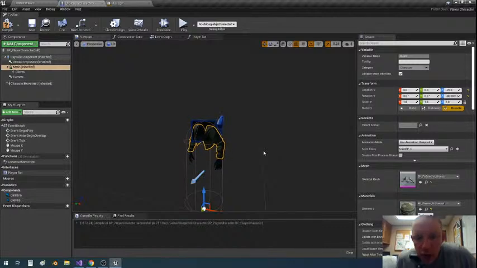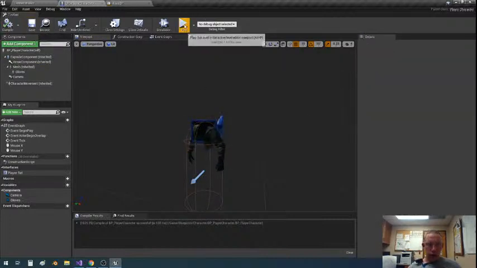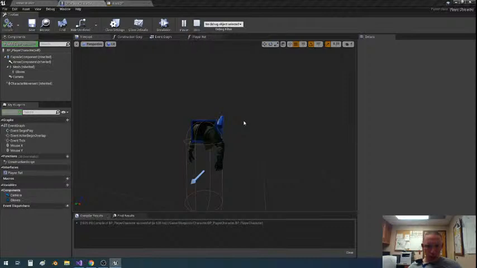I just had to get the right skeleton. Sorry. That can be confusing sometimes. There's 2 UE4 skeletons, and you gotta get the right one. Should have remembered it was just the bottom one. My bad. But you can see he's idling now, so if we compile, save, and play,